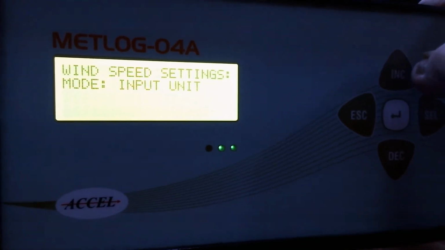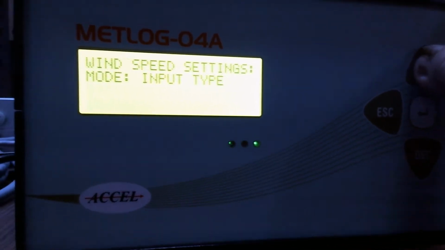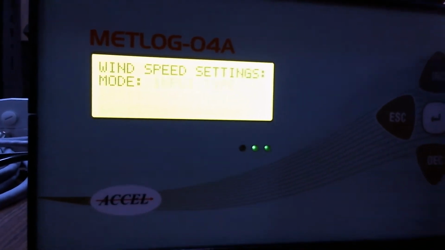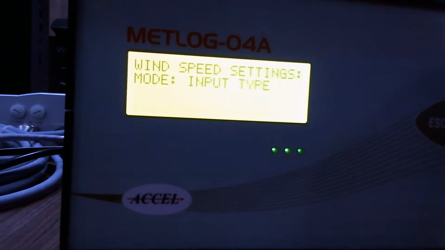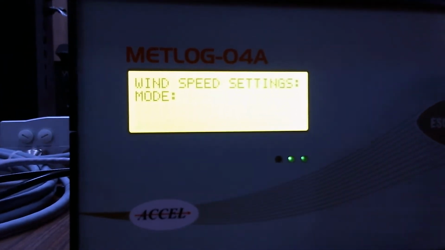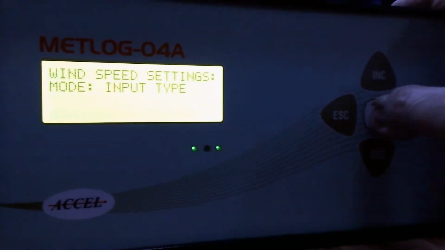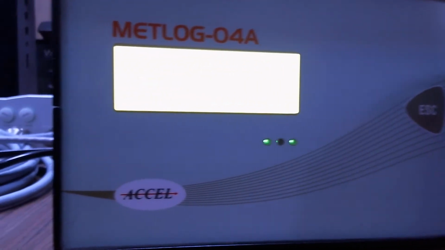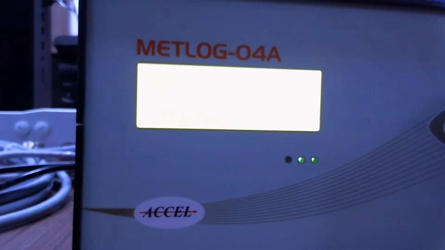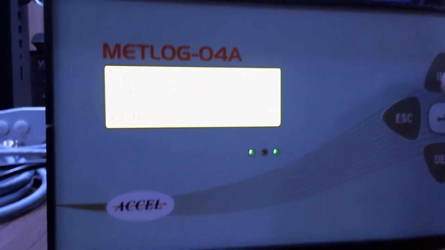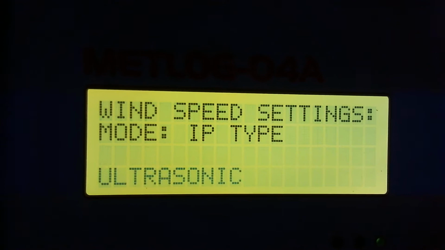Then next, to go to the next setting of our wind sensor, you have to press increment. When you press increment, it displays input type. So what type of sensor we are using, whether it is ultrasonic or IMD make. In that case, you have to press enter, then it will display wind speed, IP input type.